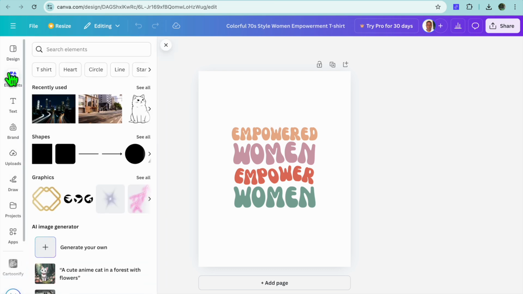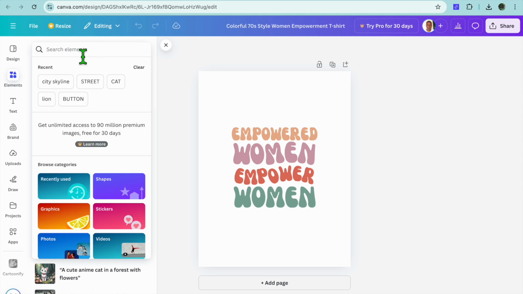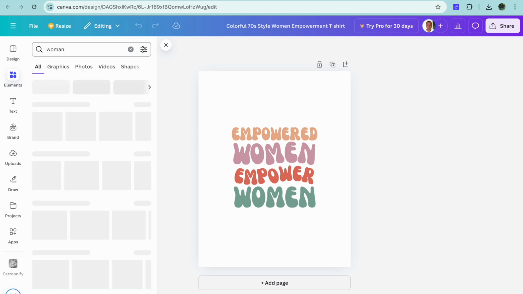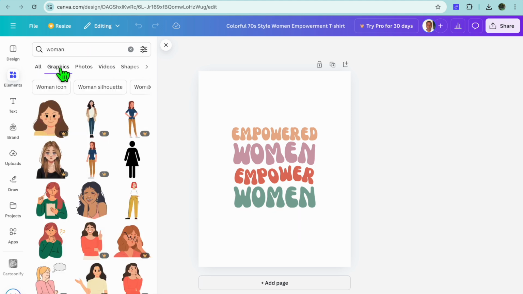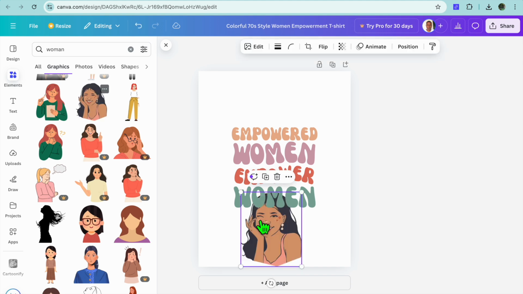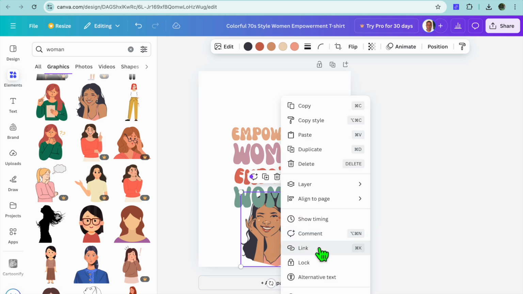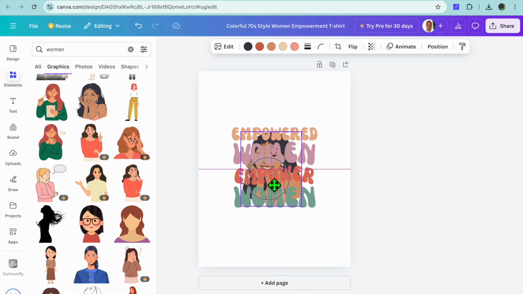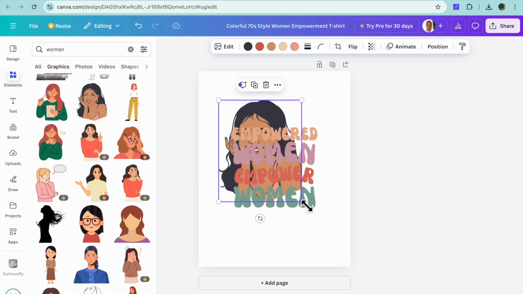So for example, we could go over to elements, and let's say, for example sake, we were to add a woman, so we could type in woman right here. Then after doing that, I could tap on graphics and I could add a quick pic of a woman. So let's say, for example, this picture right here. I could drag and place this, and then I'm going to add this picture in the background. All I would need to do is select the pic, then from there I could align it to the background. Let's do that. So you can see right there, and then I could pull it out. So I'll enlarge it right here,